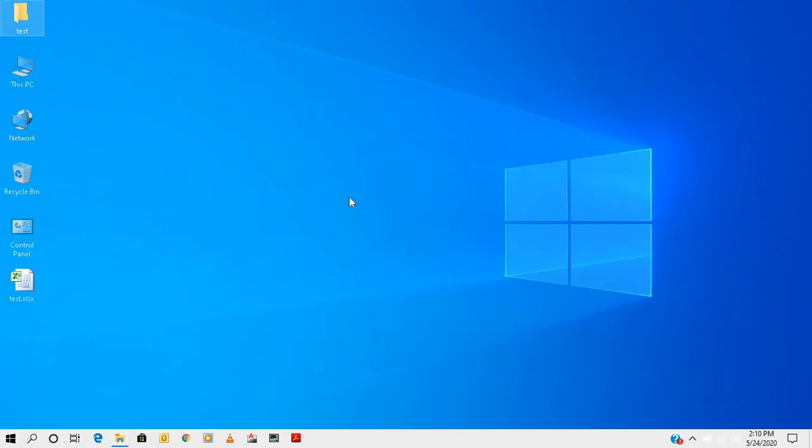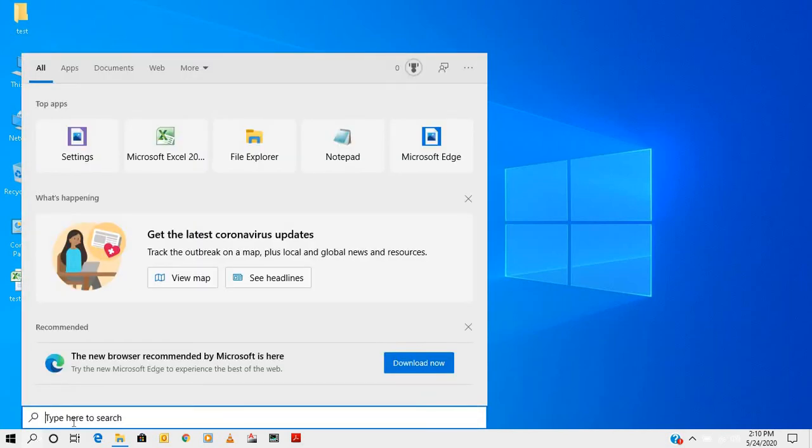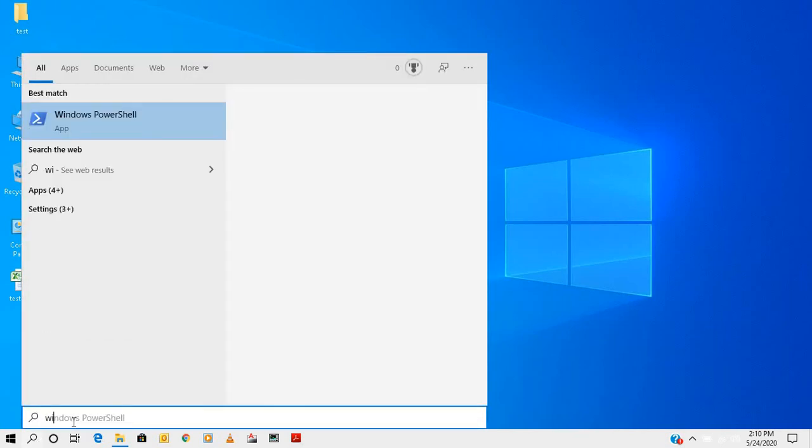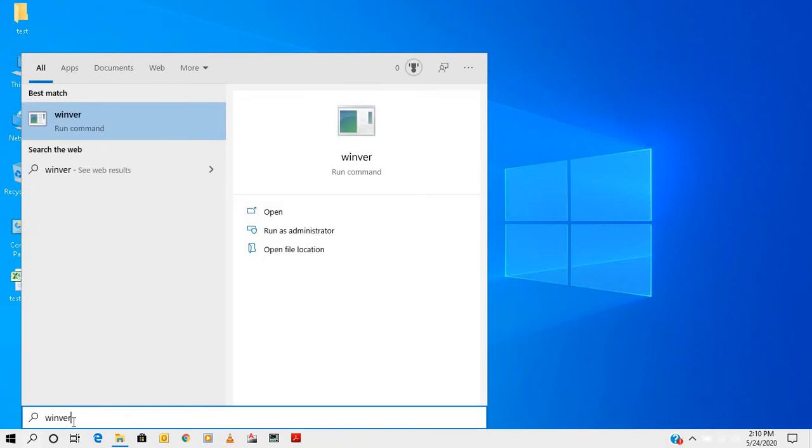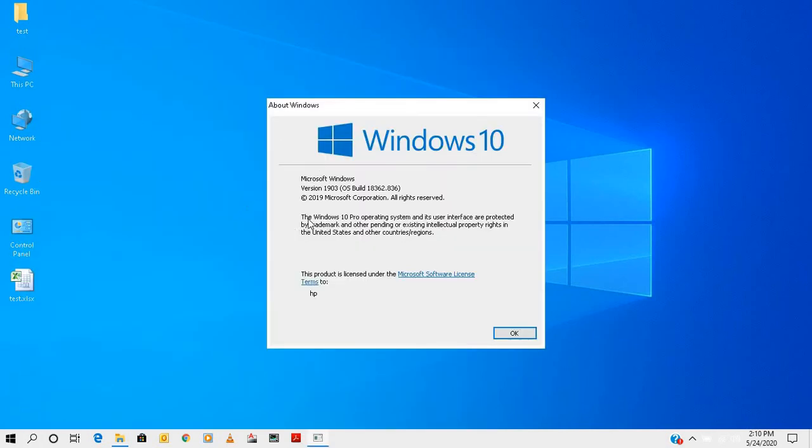Friends, if you want to check what Windows version is on your PC, you just go to the search box and enter one command called winver. Winver is the command where you can see your Windows version. It will tell you which Windows you have on your PC.